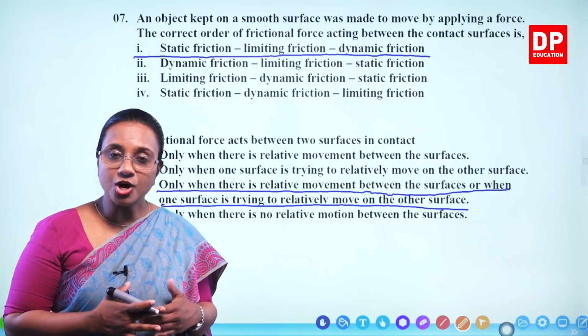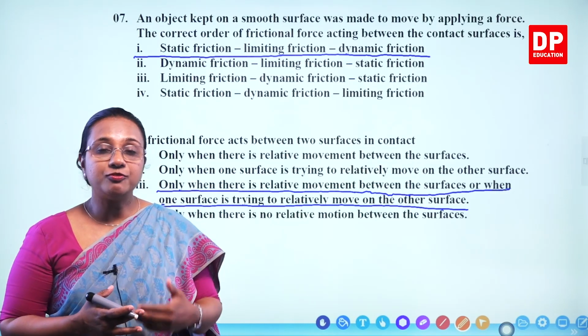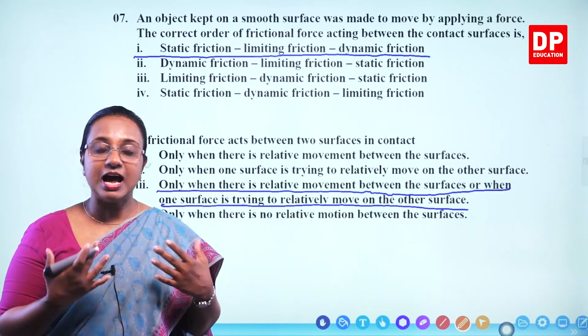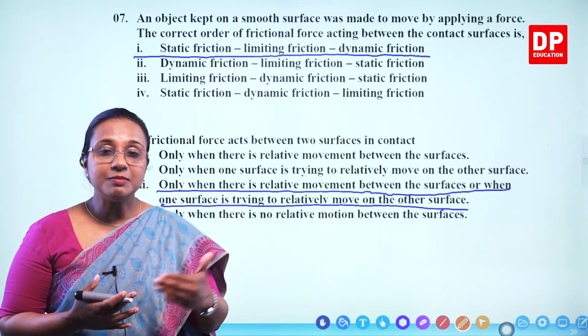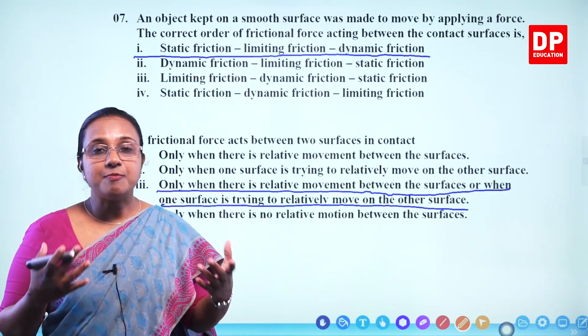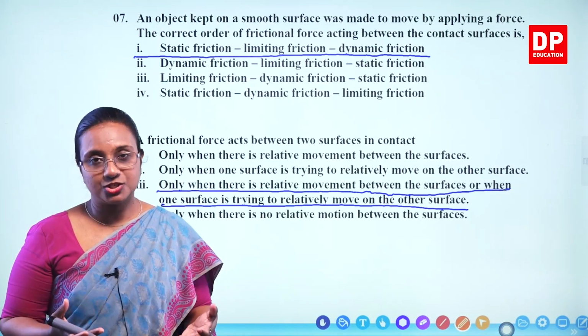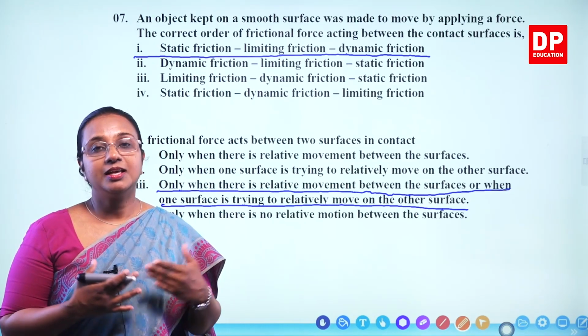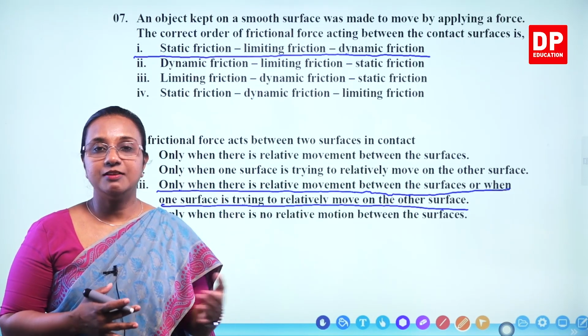But that is not sufficient. You have to study the lesson again and again, read it, understand, get a better understanding, and practice more questions. That will help you to answer any type of question given in the